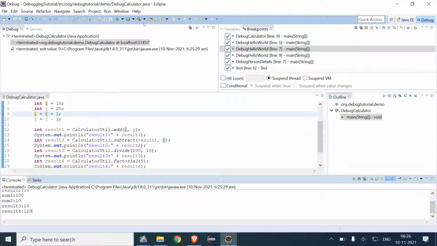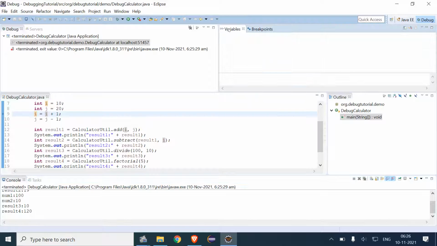And when we come to this, there is a column of expressions.